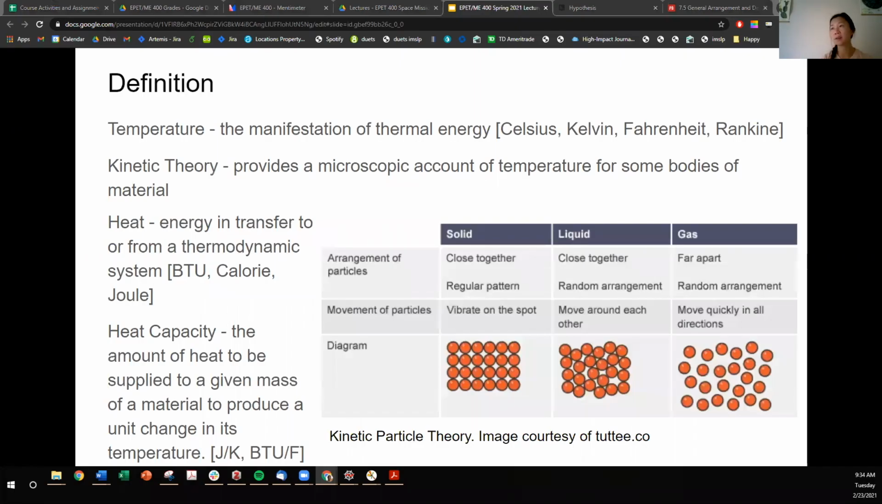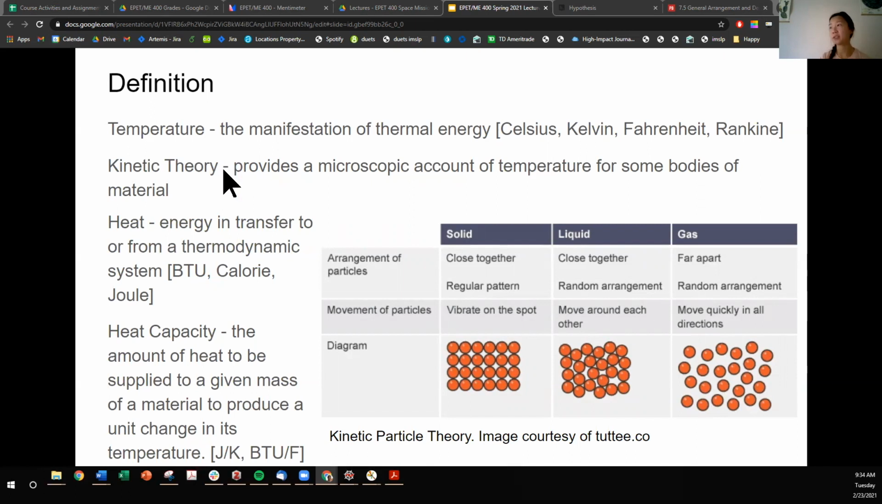So before we start any conversation about the thermal subsystem, I thought that we can go back to the fundamentals. So the thermal subsystem hinges on the concept of temperature and heat. So what is temperature? It's some manifestation of thermal energy. There's a colloquial phrase that it's a measure of hotness, but this can be more rigorously defined with kinetic particle